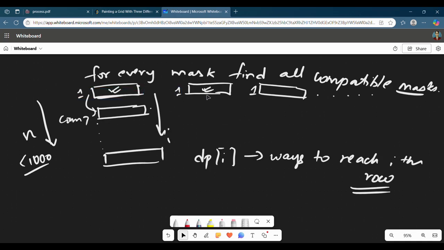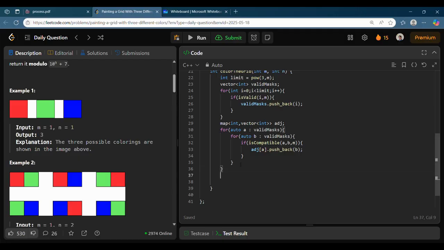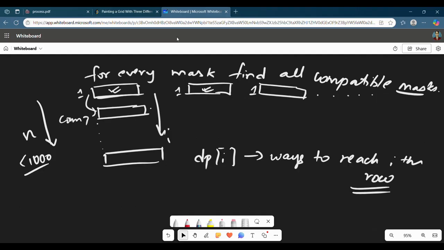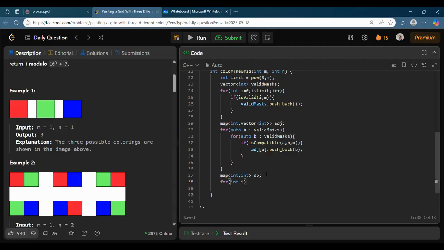As I told you, for each there is one possibility, so I can create a dp. I will tell you why I am keeping the dp as a map instead of a vector. It is a simple 1D array, and I'm trying to make it more optimized. You may keep a vector also, there would be no problem. Initially I go through all the valid masks and say that they can be placed in the first row.